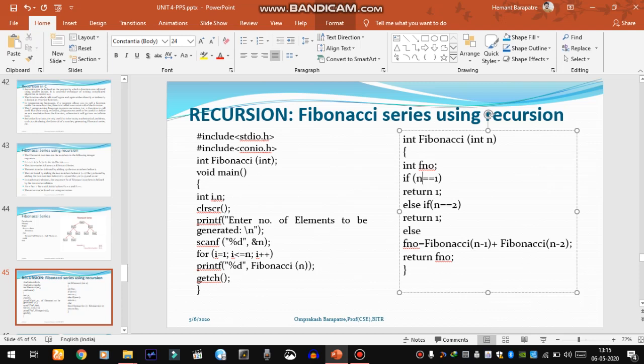We have given two conditions: if n is equal to 1 or if n is equal to 2, in both cases we will write the Fibonacci number as 1. Else we will calculate the Fibonacci number as Fibonacci n minus 1 plus Fibonacci n minus 2. So these calls are made to this function, Fibonacci n minus 1.